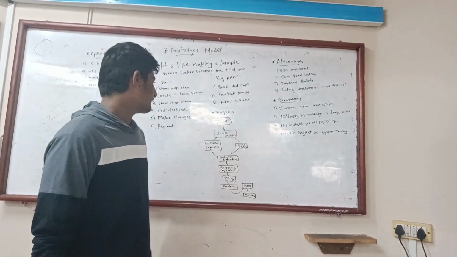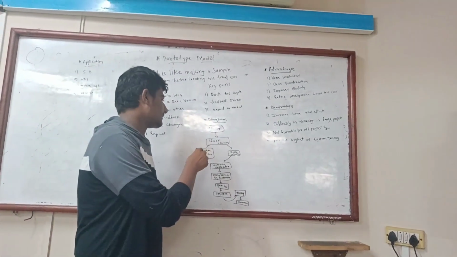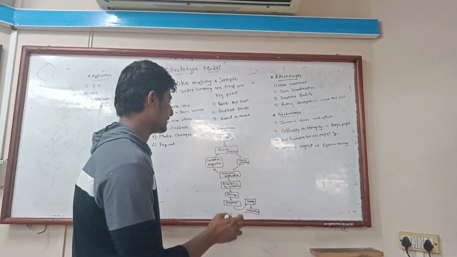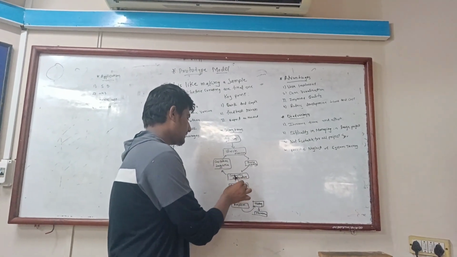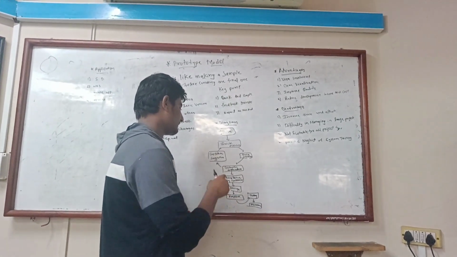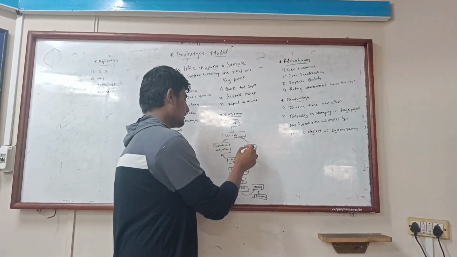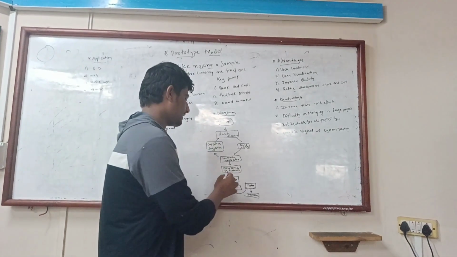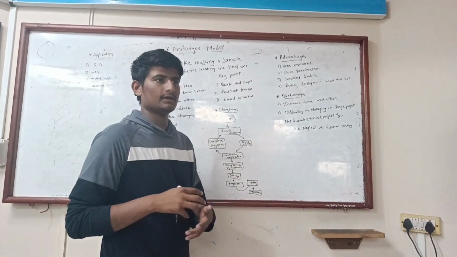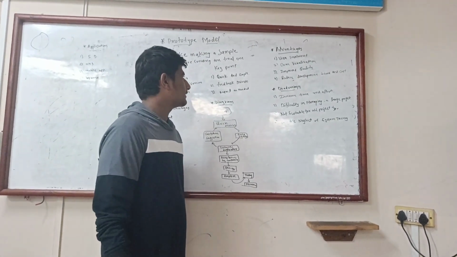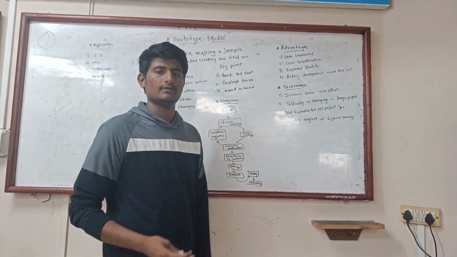Diagram: first is requirement gathering, quick decision, build a prototype or sample, and show it to the customer. If the customer is not satisfied with our project or that prototype, then we will make the changes again. If at the last the customer is satisfied, it is accepted by the customer. We will design it, implement it, test it and deploy it. So now my friend will continue.